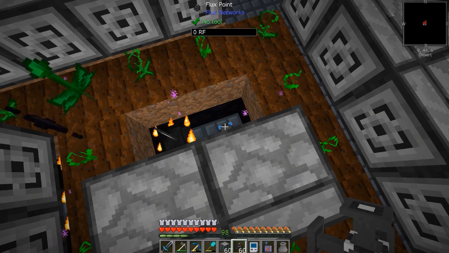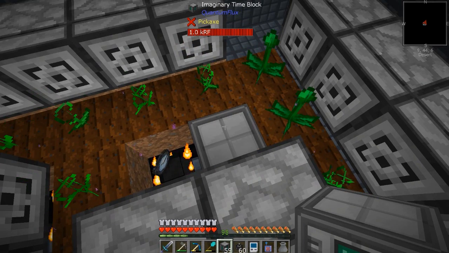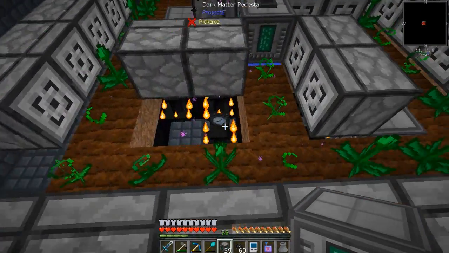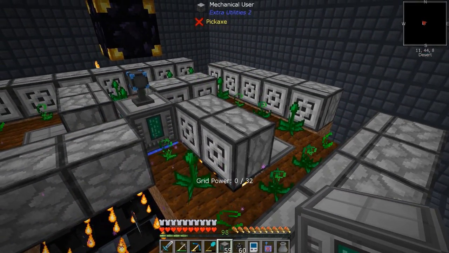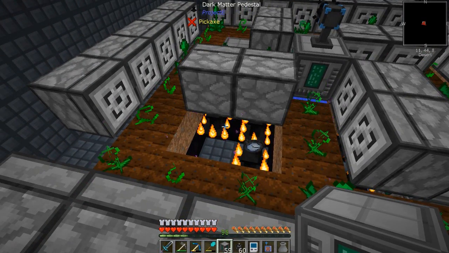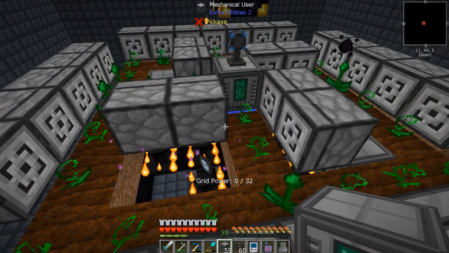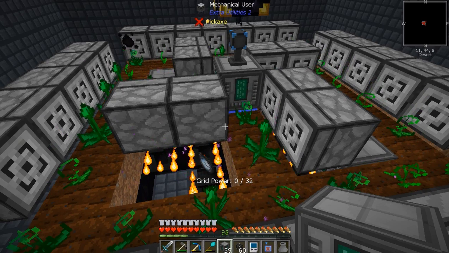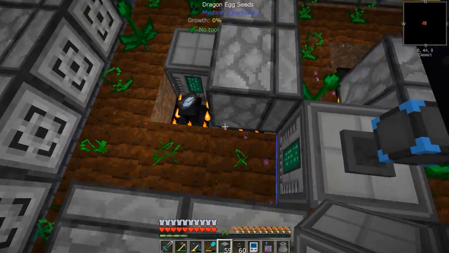We're going to set it to the main power, and we're going to place down another imaginary time block. So these mechanical users, the reason why I want to use these is because they can pretty much break, or not break them. I keep saying break them. Harvest them as fast as they are grown. So the faster we can grow these, the faster...